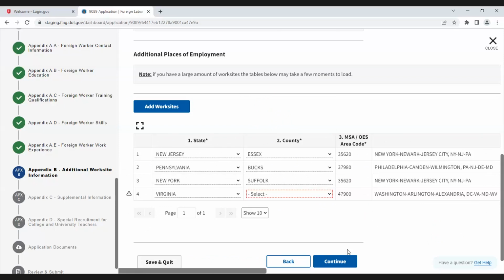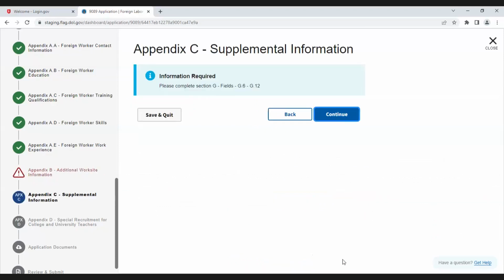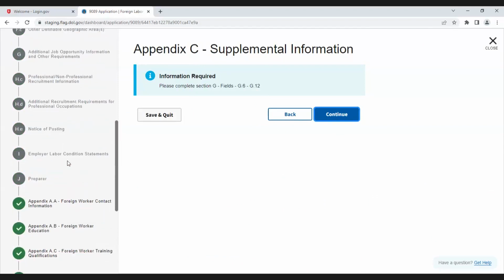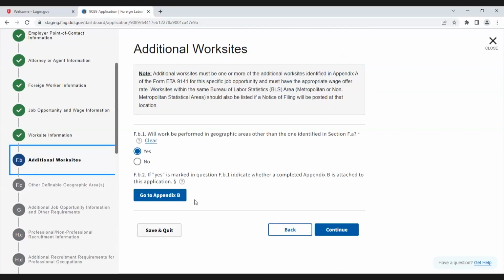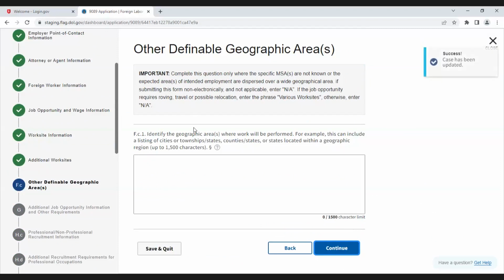I will click to continue. Now this took me to Appendix C, but I want to continue working on the main form. So I'm going to use my steppers on the left-hand side to go back up to additional work sites. This is where I took my journey to Appendix B, and I will click to continue to go to Other